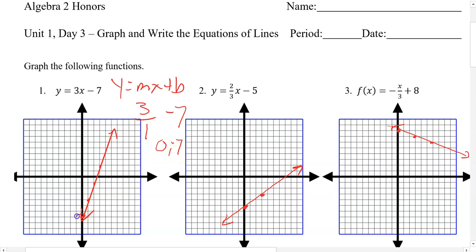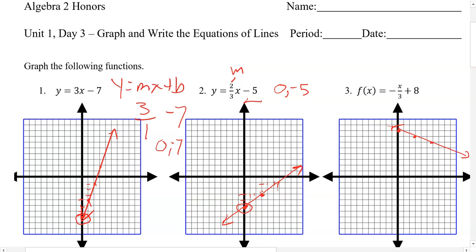So we plot the point (0, -7), and then we go up 3 over 1, and draw our line. On question number 2, y equals 2/3 x minus 5. Again, our slope is 2/3, so up 2 over 3, and our y-intercept is the point (0, -5). So we start with our y-intercept at (0, -5), and we will go up 2 over 3,